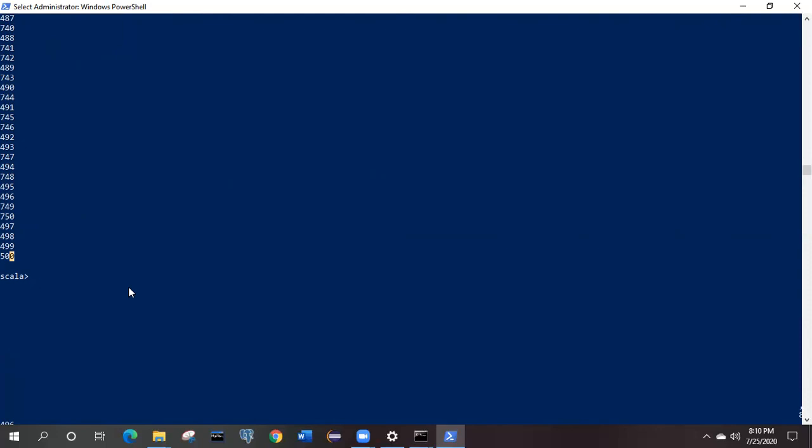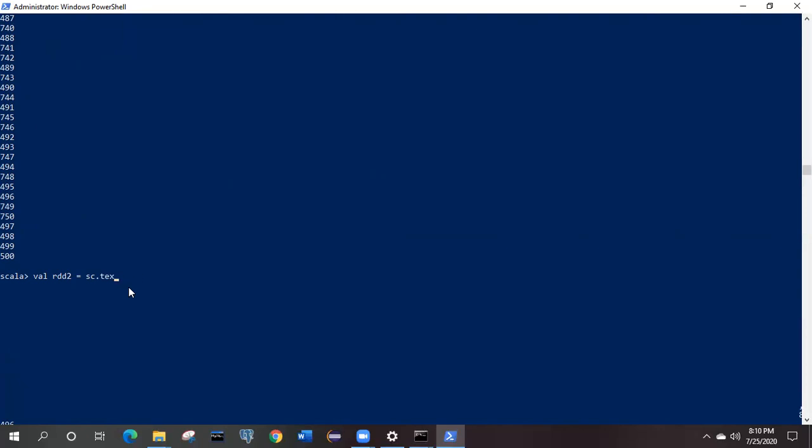Okay, the next approach for creating the RDD is by making use of the textFile method. How can we create it? So I'll take the name RDD2 equal to sc dot, we have the textFile method.